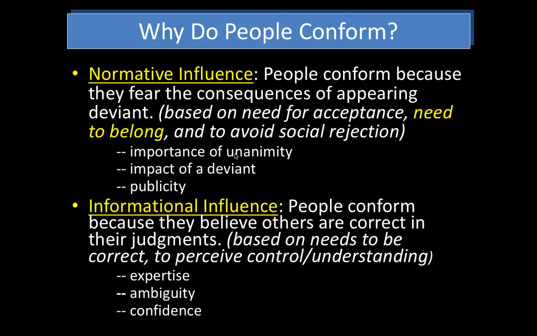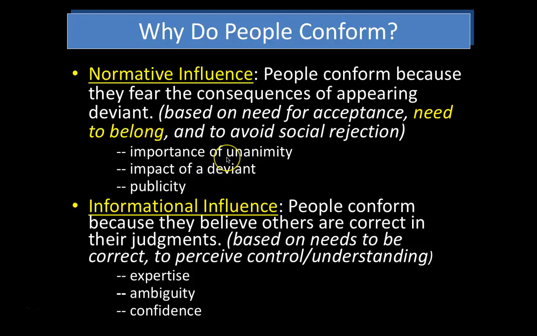Under those circumstances, the real subject, well over 90% of the time, just gives the right answer. Yeah, it's B. So you need this unanimity. It's got to be a unanimous majority who's giving the wrong answer here. And what does that tell us? It tells us that the impact of this deviant